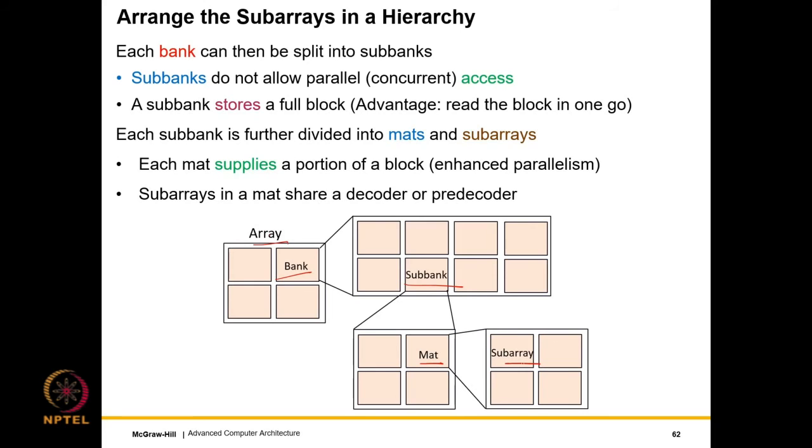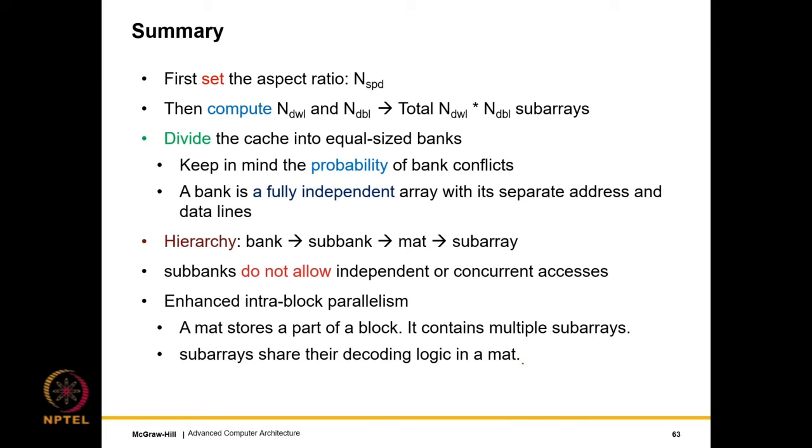Nevertheless, AI-based heuristics work well, and they have traditionally not been used, but they are increasingly being used in architectural design for solving problems of this kind. The summary of this part, before we move to the Elmore delay part, is that first decide the number of banks, which is parallelism, but for each bank first compute the aspect ratio, then NDWL and NDBL, and these three parameters can be used. So essentially these three parameters are what our optimizer has to give.